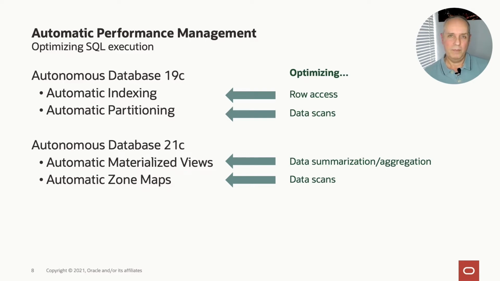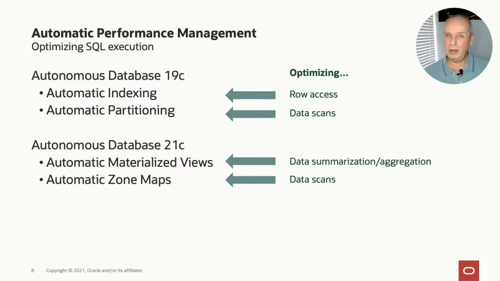Partitioning, obviously very commonly deployed, amongst other things, optimizes things like data scans. So in other words, if you have queries that need to theoretically trawl a lot of data, you can actually optimize the amount of data you need to scan. So typically things like date range queries, you avoid the need to scan an entire table, and instead you can scan a smaller region, a partition, for example.